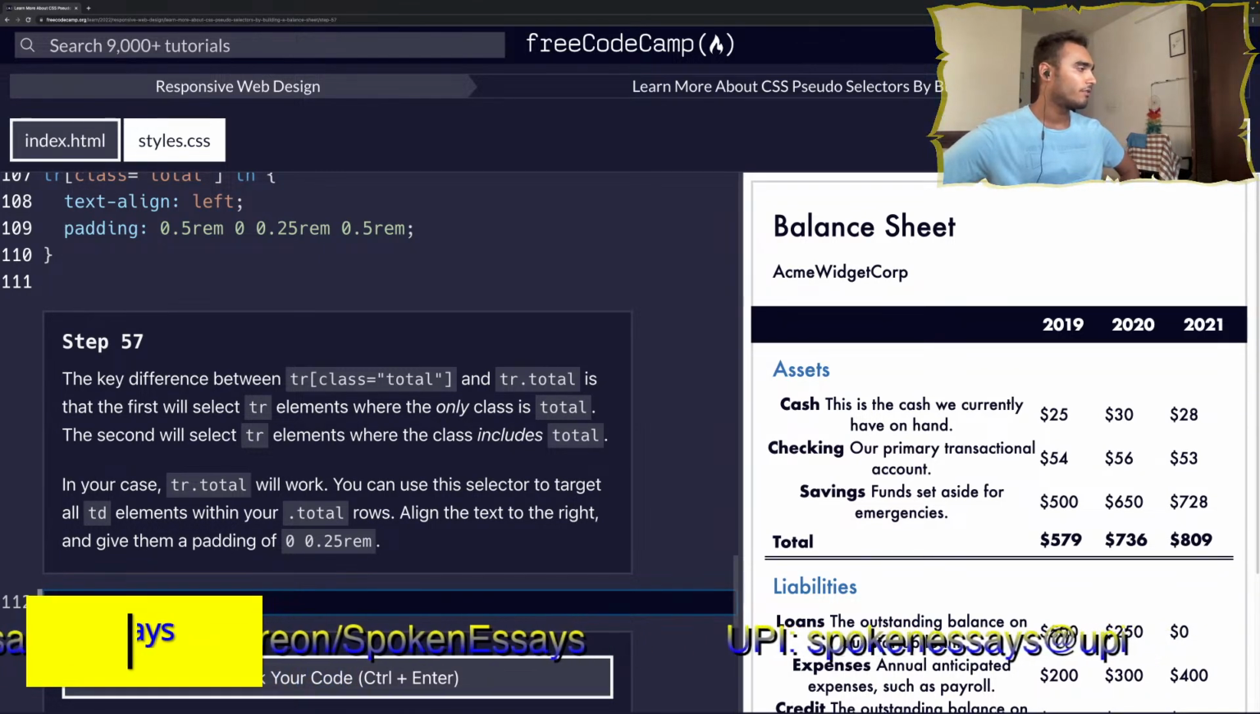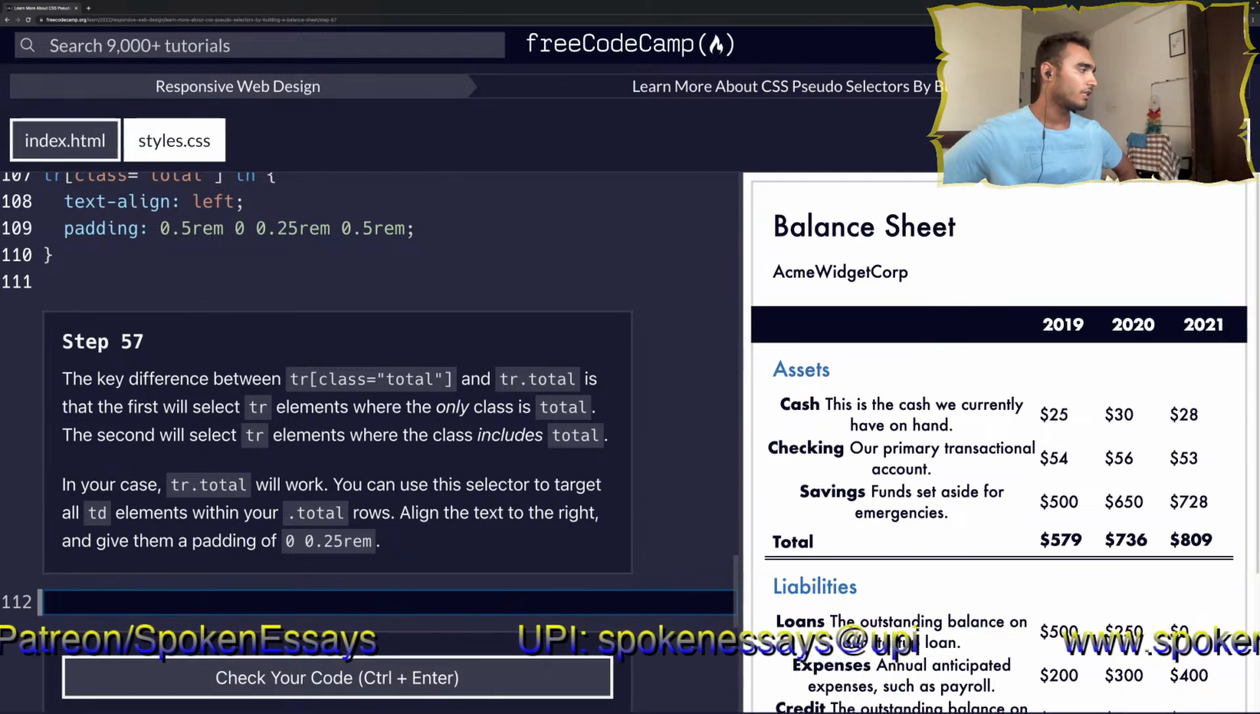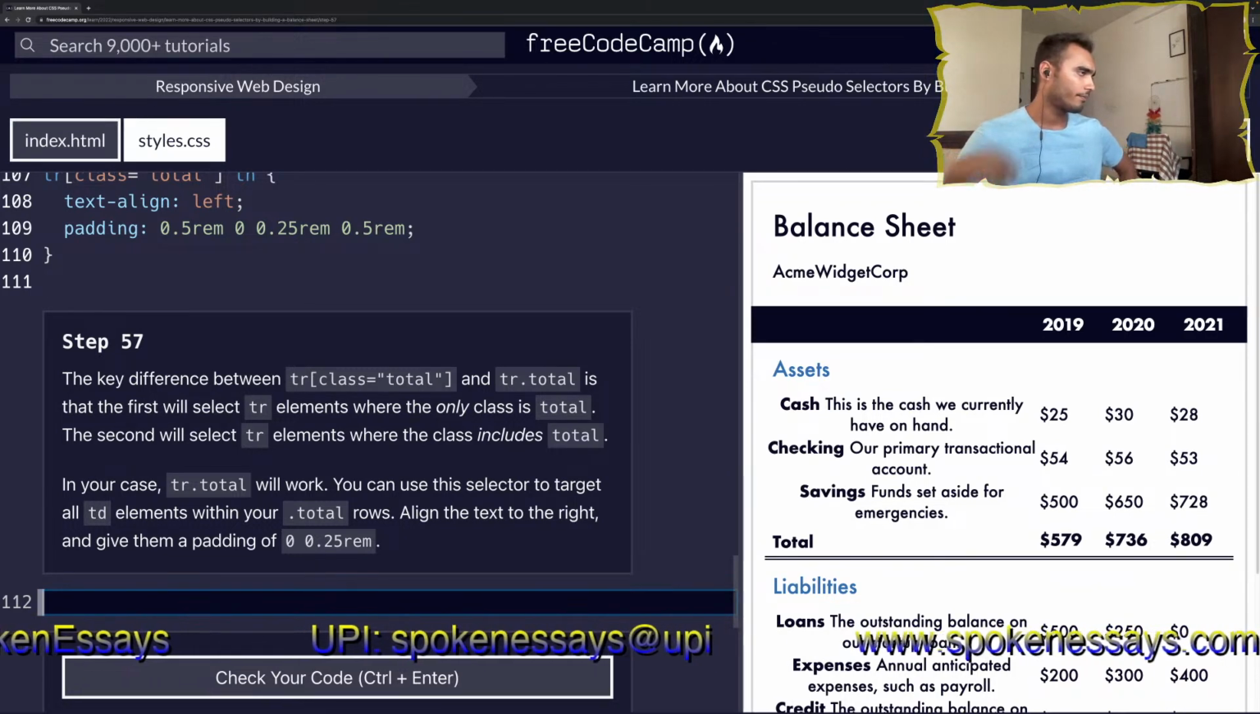The key difference between tr class total and tr.total is that the first will select tr elements where the only class is total. Okay,